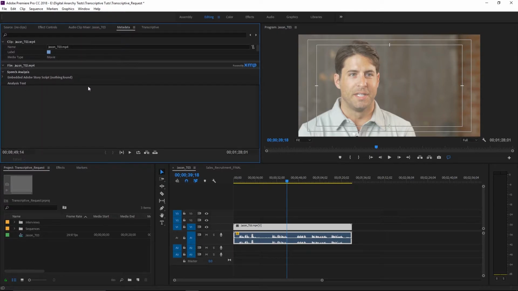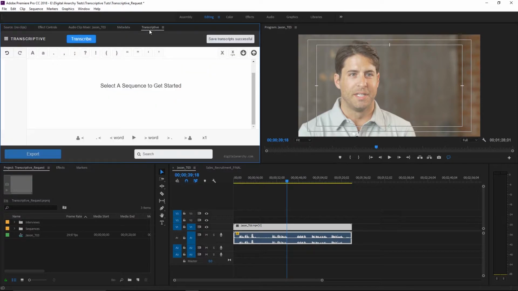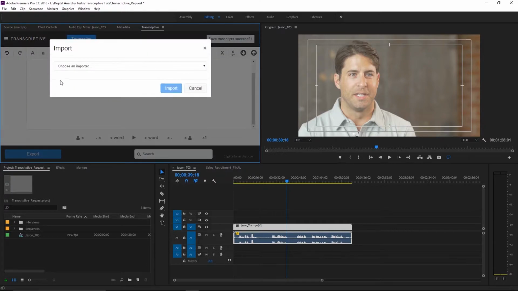When you request a new transcript and discard what's currently in the transcriptive panel, you're erasing the link between what's currently in the transcriptive panel and your sequence. If you find yourself in this situation, don't worry. You can still import the transcript from Speechmatics by selecting Import Transcript and choosing Speechmatics.